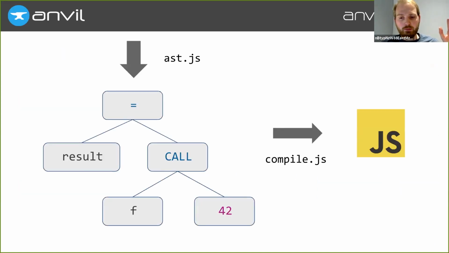And then it turns these tokens into an abstract syntax tree that represents operations we're familiar with in Python: assignments, function calls, variable dereferences, constants, and so on. And then there is a compiler that walks over this tree and spits out JavaScript. So it's obviously this compiler that we're going to have to modify to generate non-blocking code.